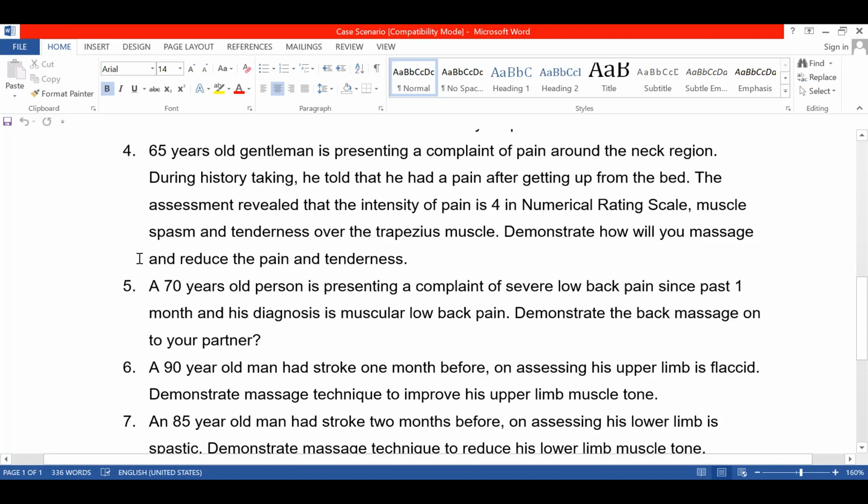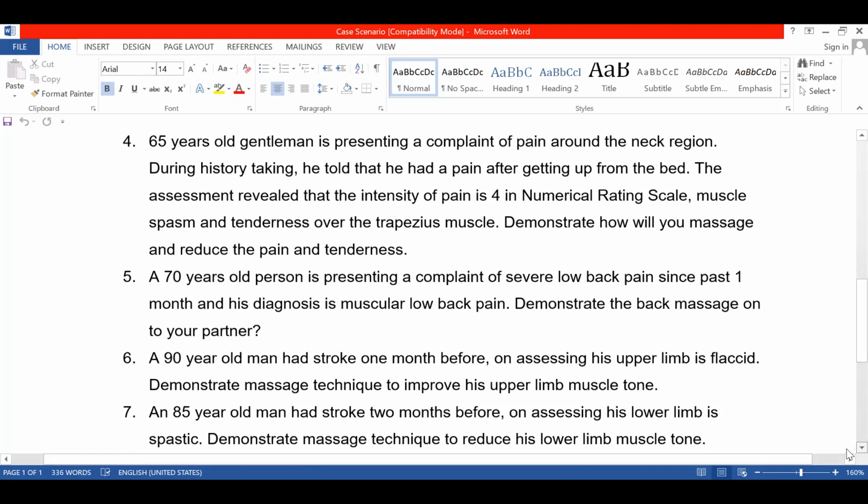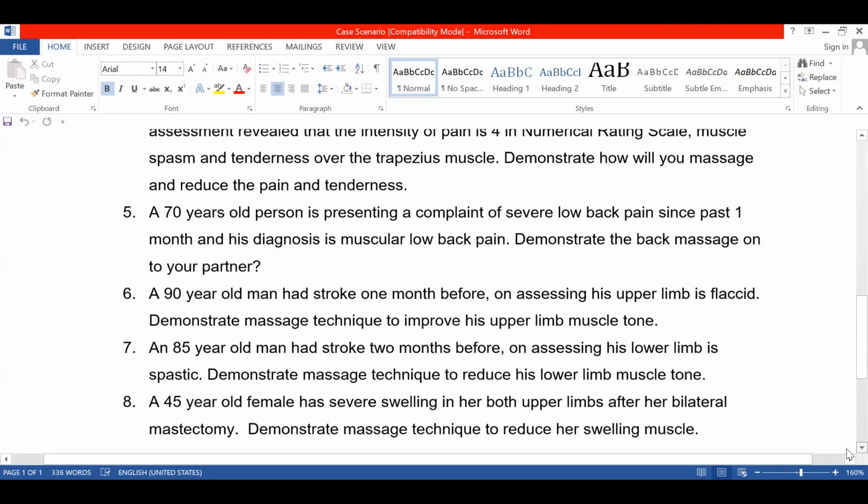Okay, so you can just choose skin rolling, picking up, wringing, then hacking, friction, all those things. So no need for cupping alone. Is that clear? Okay, Miss. Okay. Next group, group 5.